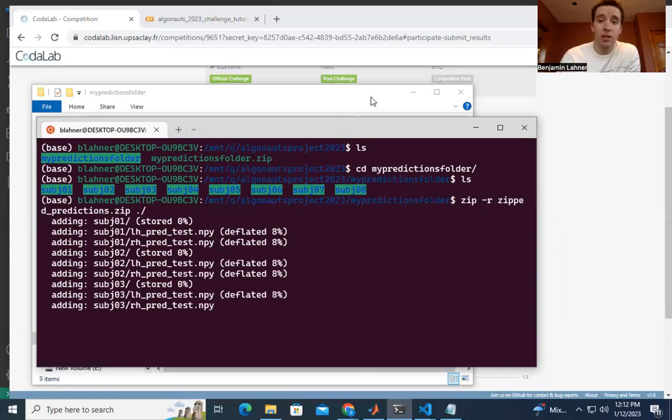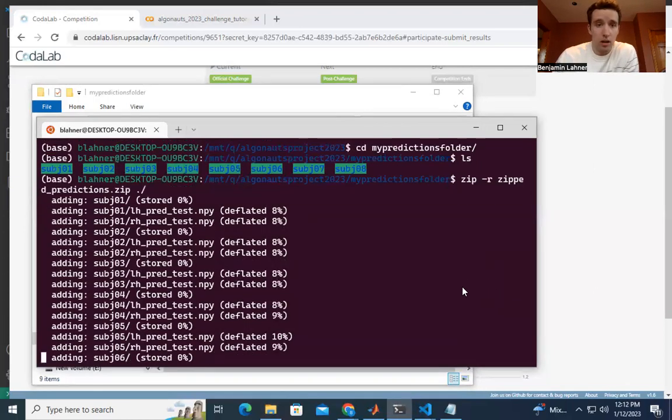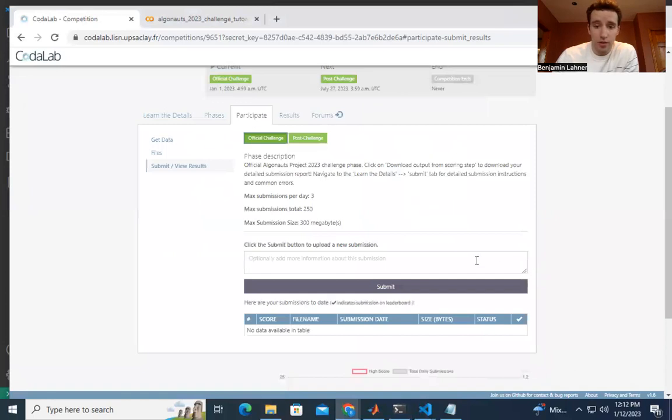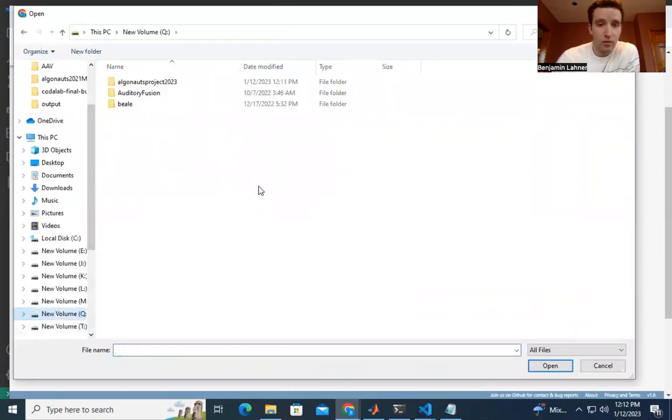If you don't properly zip it, then CodaLab can get confused about some file paths, and that will throw an error in your submission. Okay, so while that's going, I'm going to go back to the competition page, and in this box, you can just add any information you want about the submission to keep yourself organized. So I'm just going to say this is our baseline walkthrough submission, and then find where you are.